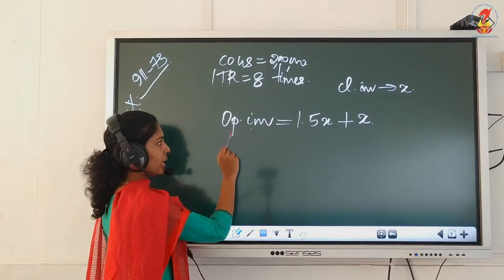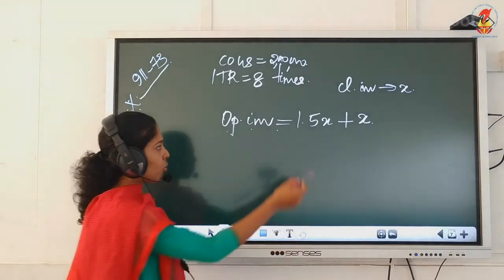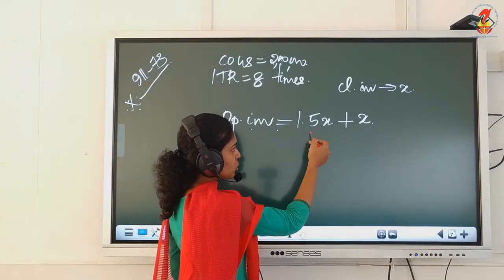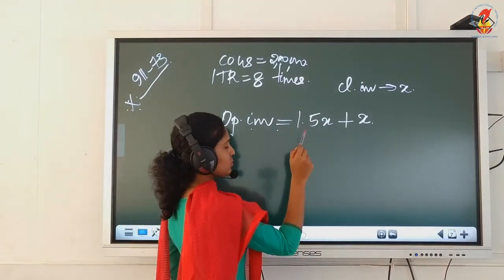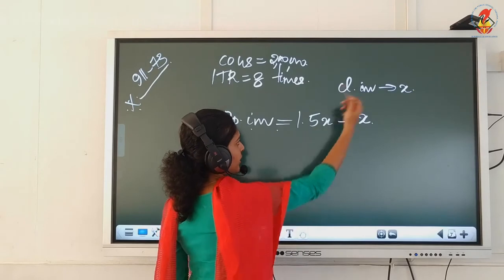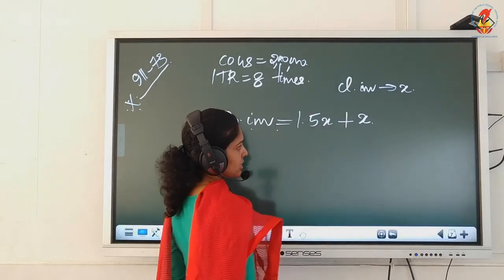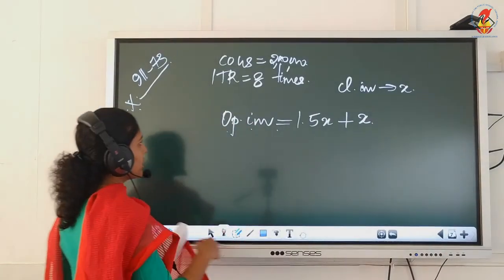You will forget to write this 1.5 times of this, because read the sentence once again. Opening inventory or inventory at the beginning is, so we wrote, is equal to what? 1.5 times. 1.5 times means into X. 1.5 times means multiply. Times means you have to multiply with what? With the other term, that is the closing inventory. More than, so we use plus symbol. More than what? Inventory at the end. That is the closing inventory. So here